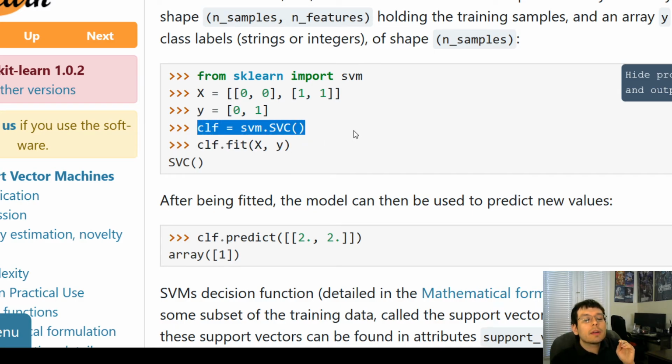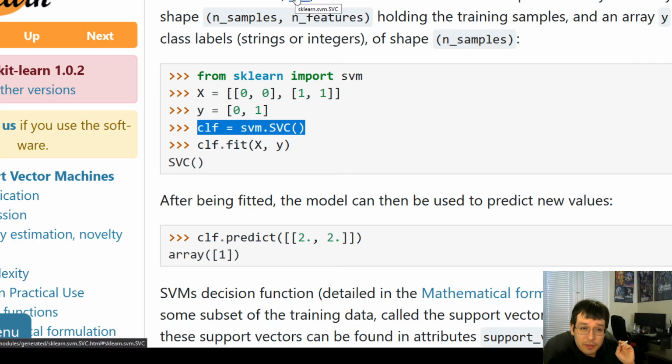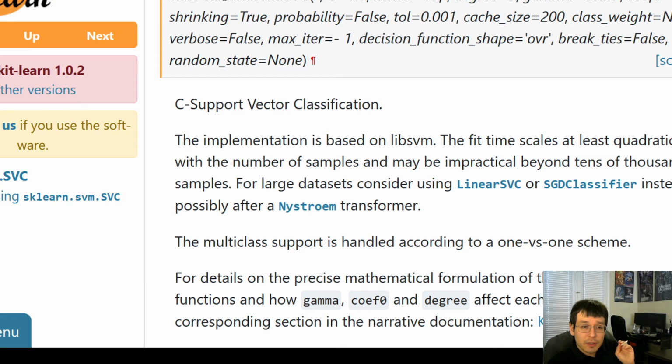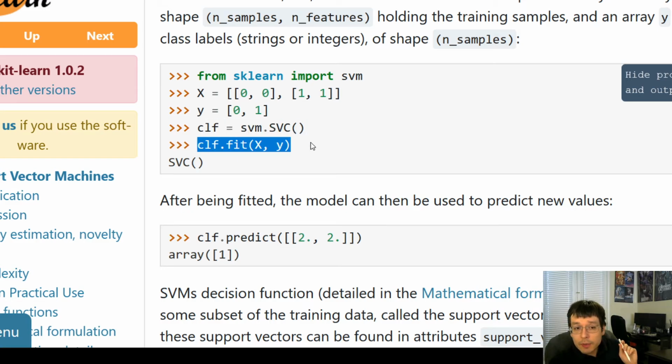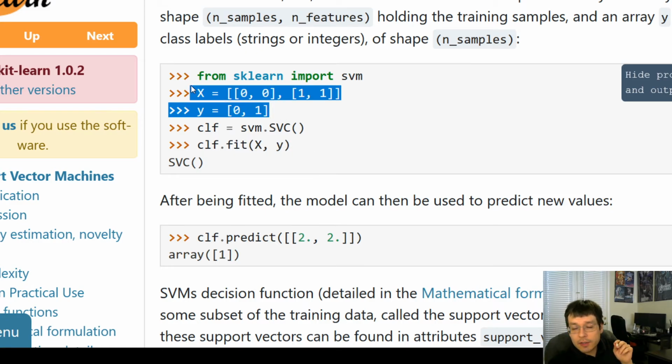This line of code is creating the model, the type of model. So it's like storing into a variable the type of support vector machine you're trying to use here, which in this case is the SVC, which support vector clustering maybe, or what does SVC actually stand for? Classification. So you load the type of model you're about to use, and then you run it with fit. And what that's going to do is train the model based on its training